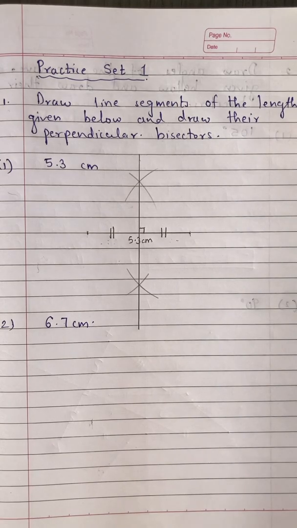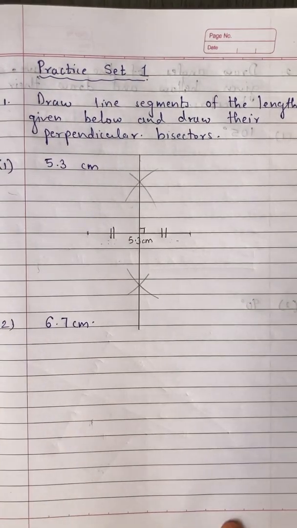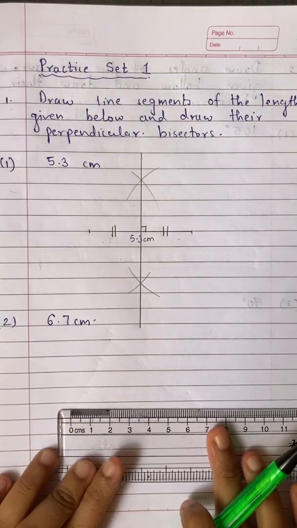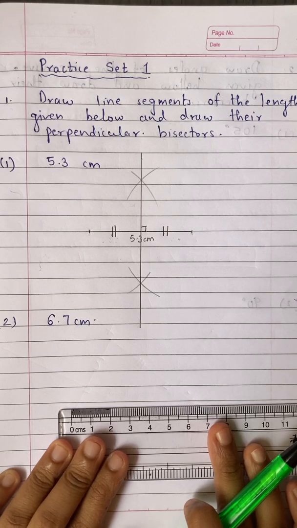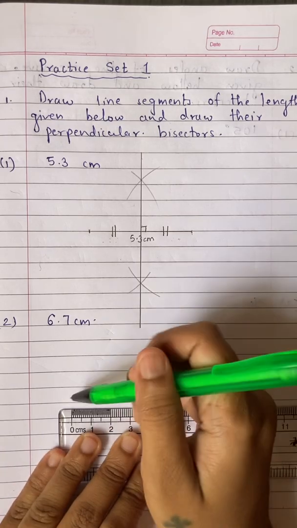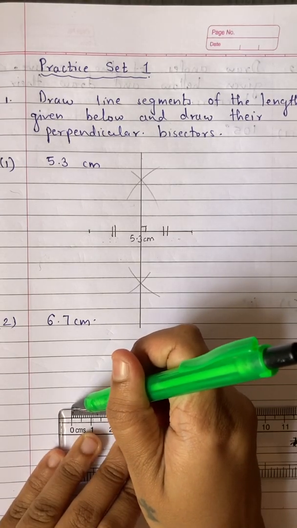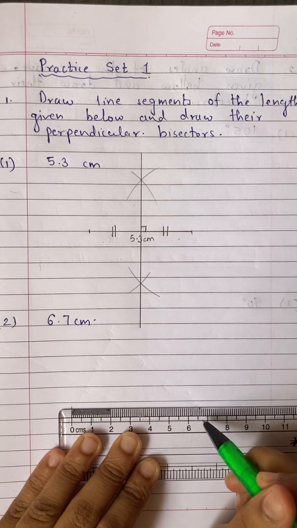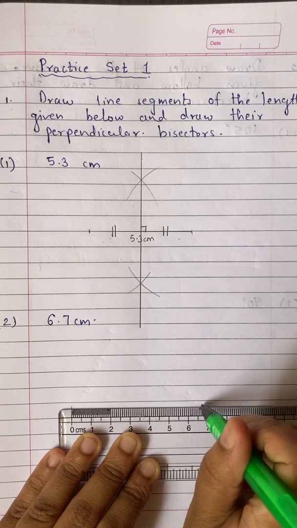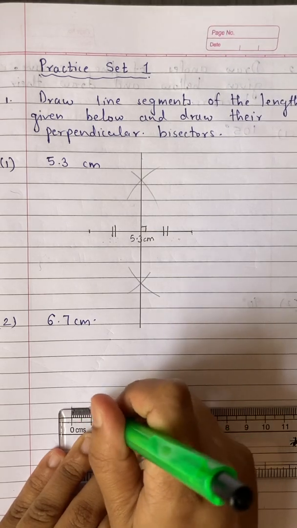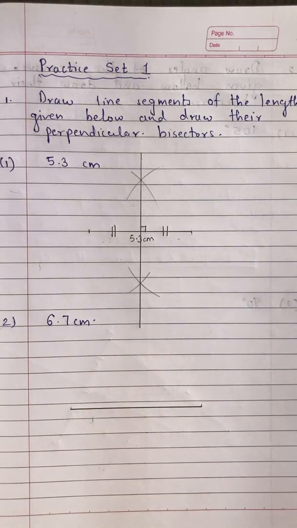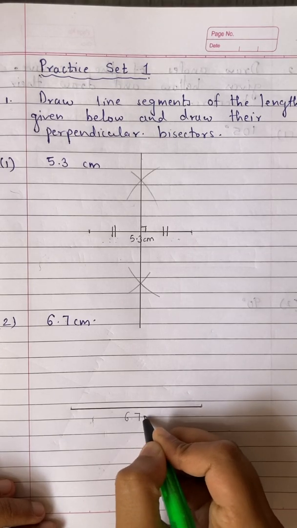Okay, so now the next question is 6.7 centimeter. Again, by using scale, draw 6.7 centimeter in the center. Okay, don't forget to draw in the center. 6.7. So this is 0. This is 6, 6.5, 6.6, 6.7. This is 6.7